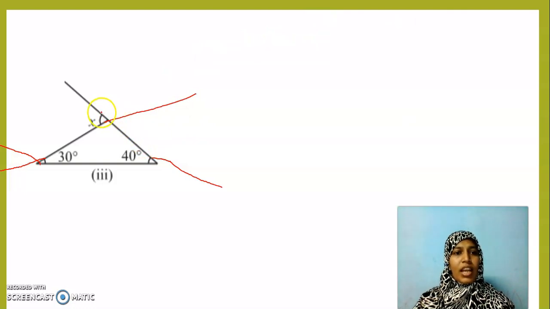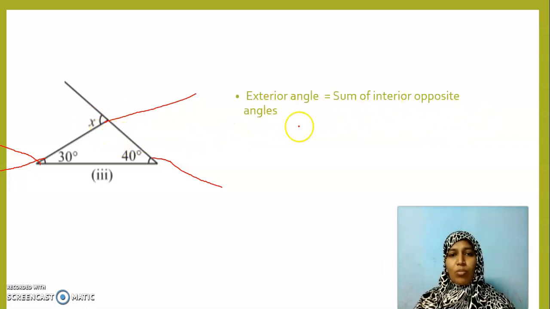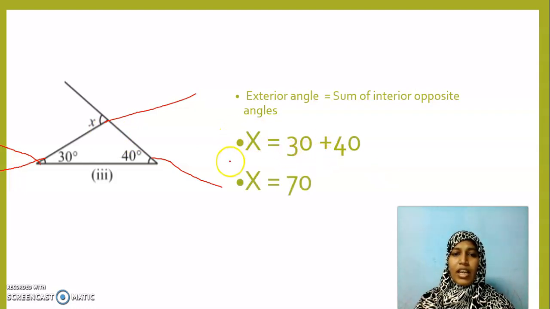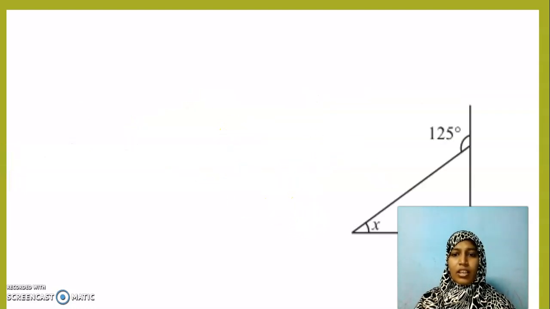For this exterior angle also, you should know how to identify. I don't want to confuse you in the same question. Better understand and do it. So, exterior angle is equal to the sum of interior opposite angles. So, you will just add it up and give the answer. In the next question,